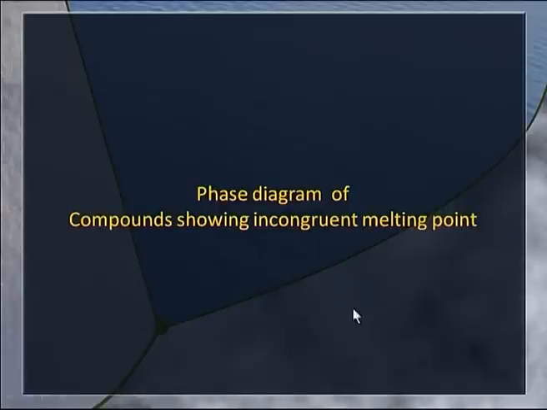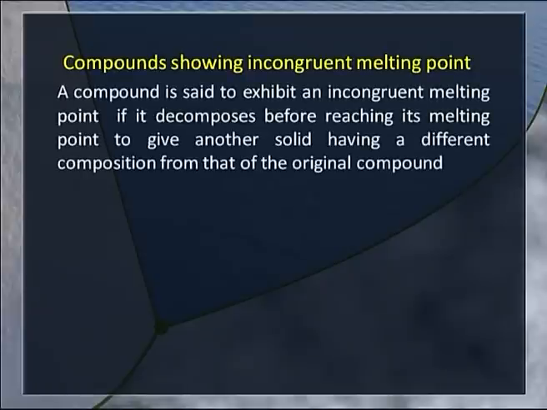After having seen the phase diagram for a system showing a congruent melting point, let us move on to the system in which the compound formed shows an incongruent melting point. What is an incongruent melting point? The compound, if it is unstable, cannot be heated to its melting point. Before that, it decomposes to give another solid having a composition different from the composition of the original compound. Then such a solid is said to possess